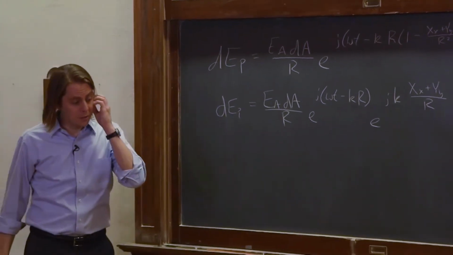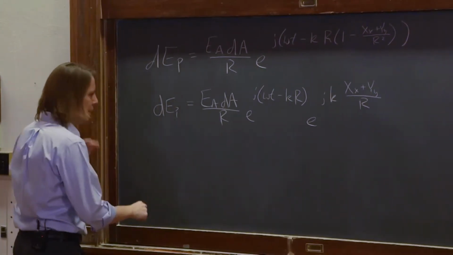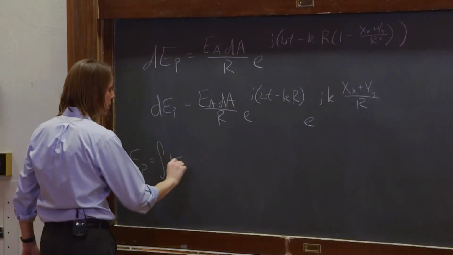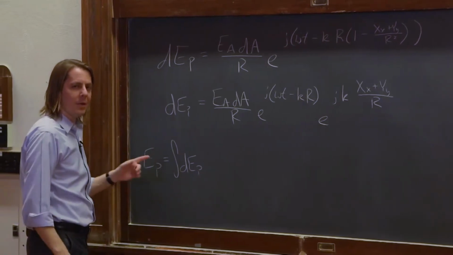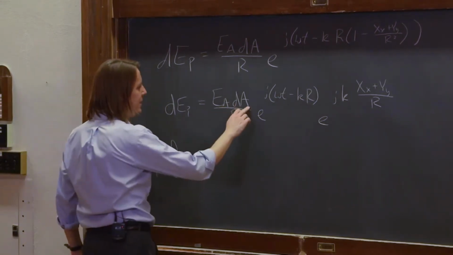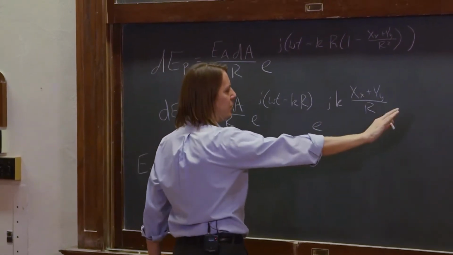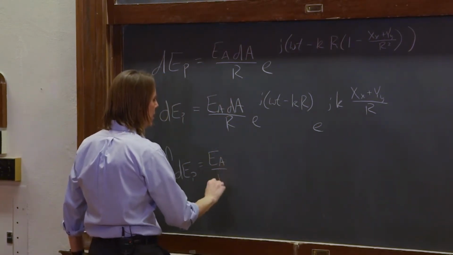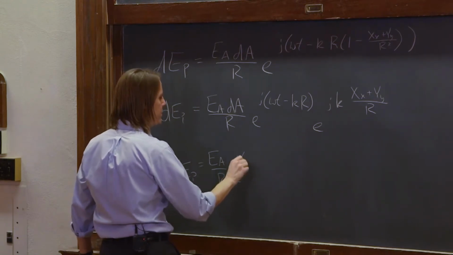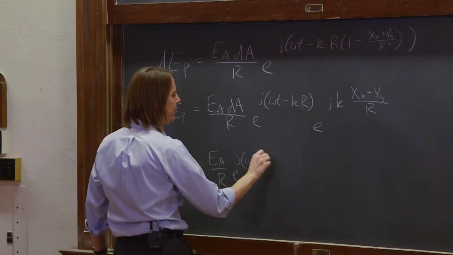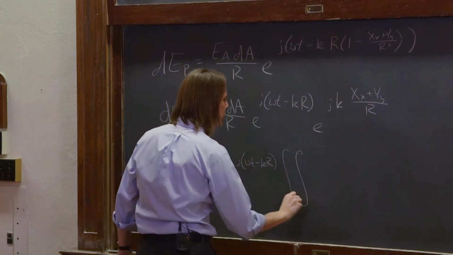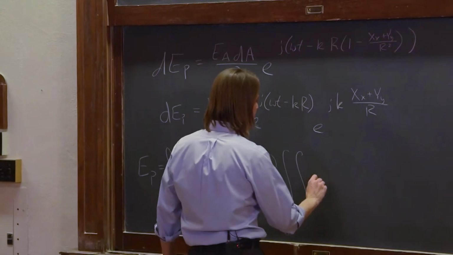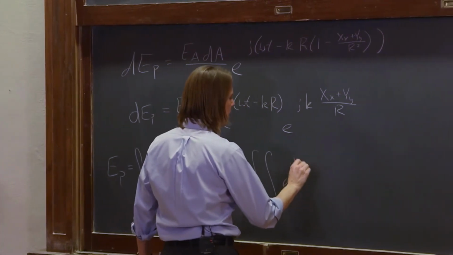Okay? So now, all we got to do is integrate. We're ready to find EP. It is the integral of all those little DEPs from each Huygens wavelet. dA is going to become dx dy. All this other stuff is constant. EA over r, e to the j omega t minus kr. Integral, two integrals, right? We got to integrate with respect to x and y, of e to the jk